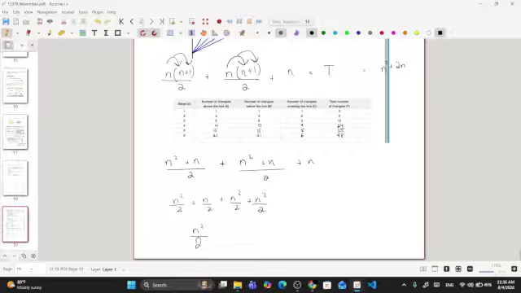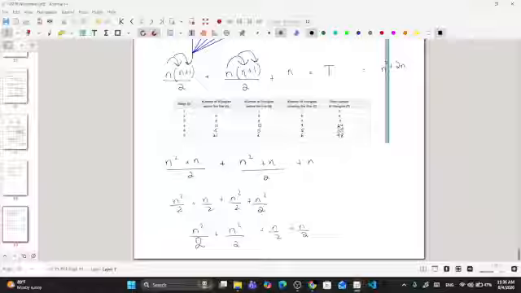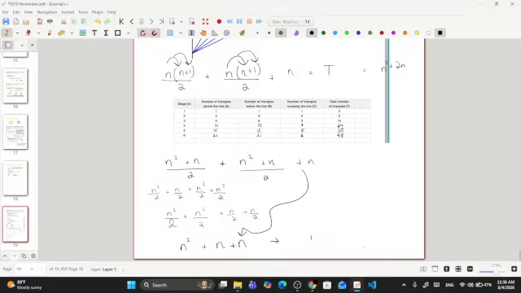All of them have a common denominator, and that is 2. When these two are going to add with each other, we get n square. And when these two are going to add with each other, we get n. And then we can substitute our additional n that we had. So isn't that going to become n square plus 2n? Which is essentially the same thing as n square plus 2n, the value that we had found for the